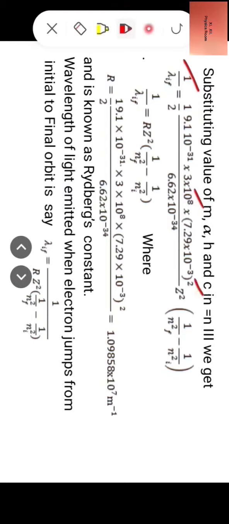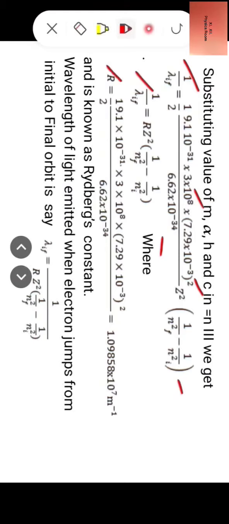fine structure constant, divided by 6.62 into 10 raised to power minus 34, Planck's constant, into Z square into 1 by nf square minus 1 by ni square, or we can write it as 1 by lambda IF is equal to R Z square within bracket 1 by nf square minus 1 by ni square, where